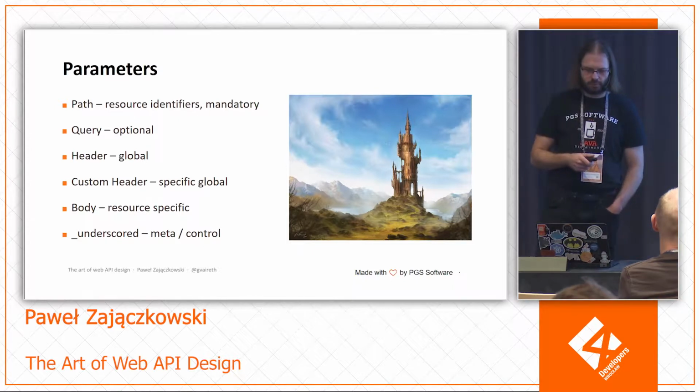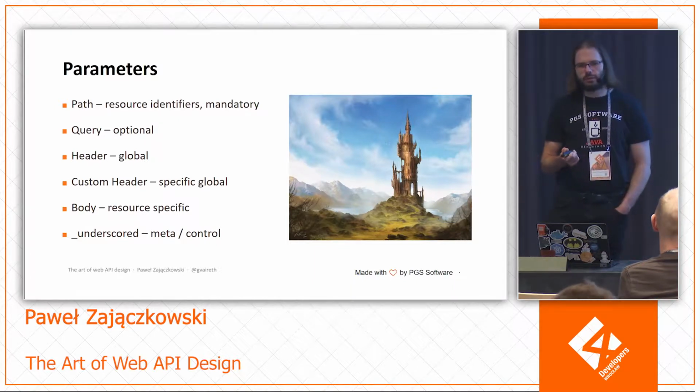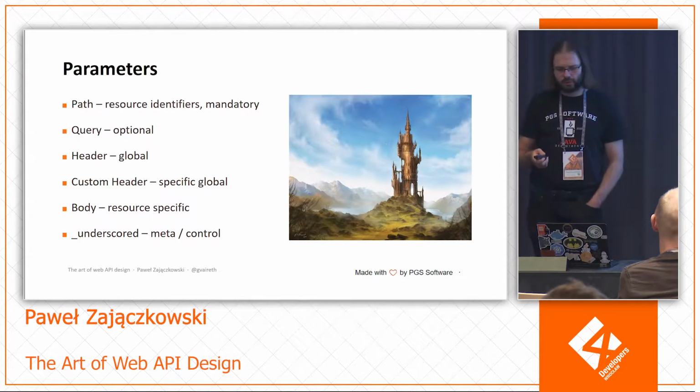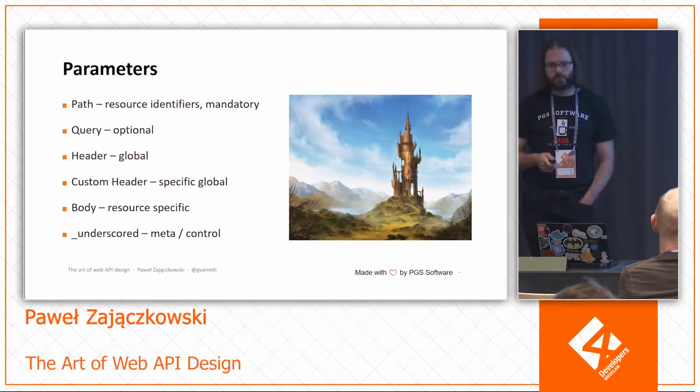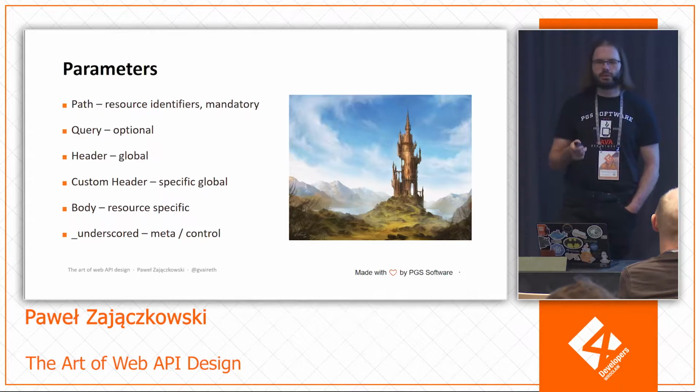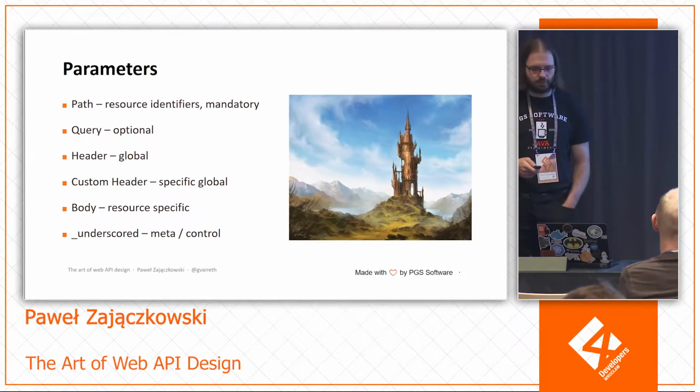This is something we don't have to supply. If we want to distance ourselves from the business surface of the API, we can use headers, either standard headers or some custom headers. And sometimes we can just put something in a body. For example, we can think of creating a search that has really a lot of parameters, we can just transmit this as a body instead of using the GET method. And one note, if you have some parameter that is kind of meta or platform related or administrative, we can name it with an underscore as a prefix to mark that.